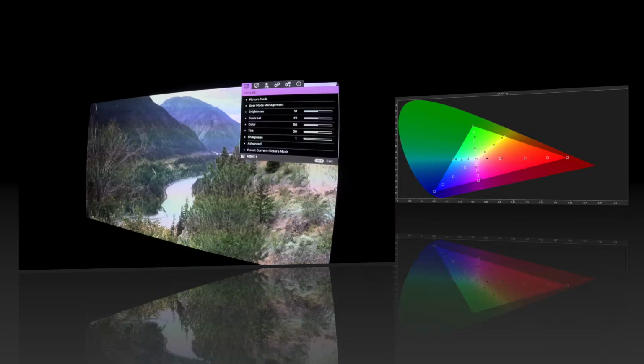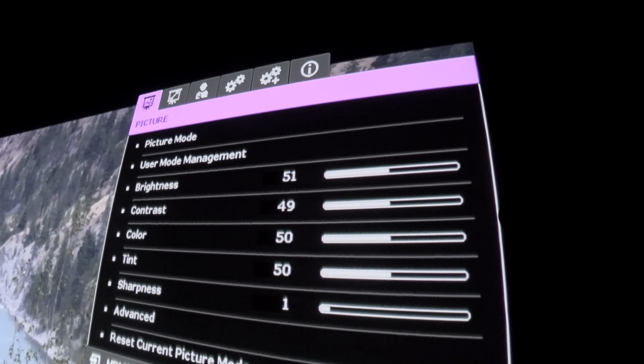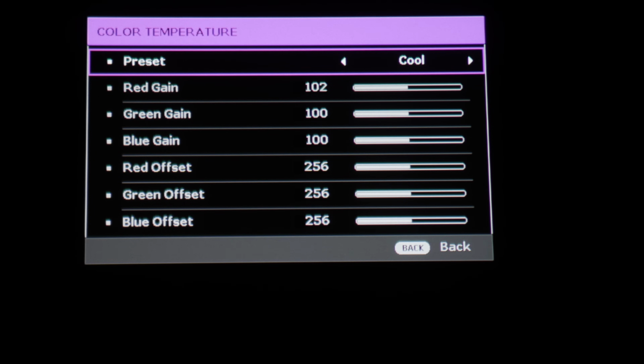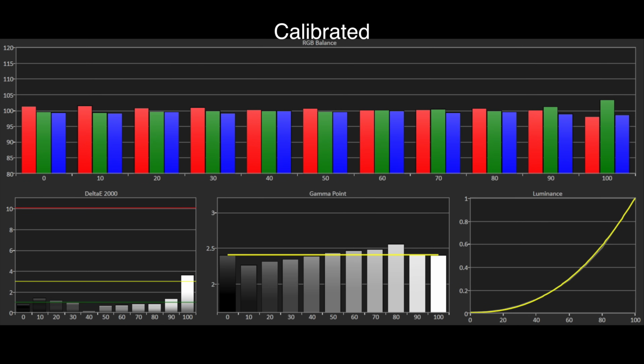The other tracking points are reasonable, and with a CMS on board we should be able to fix these issues and get an accurate Rec 709 gamut performance. The 2-point colour temperature controls worked well, and we managed to correct the grayscale tracking to achieve Delta E errors under 2. The gamma tracking was really as good as we could get it without having a gamma editor on board, and overall the on-screen performance with normal viewing material didn't show up any issues with colour casts or tints